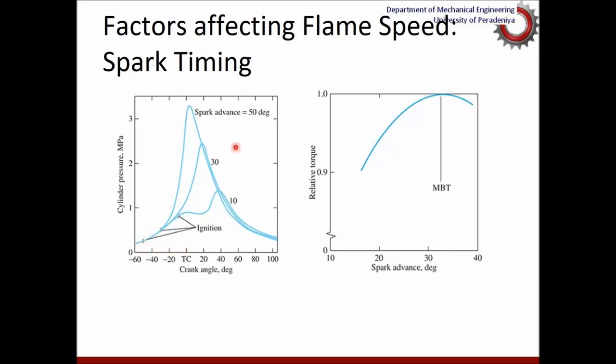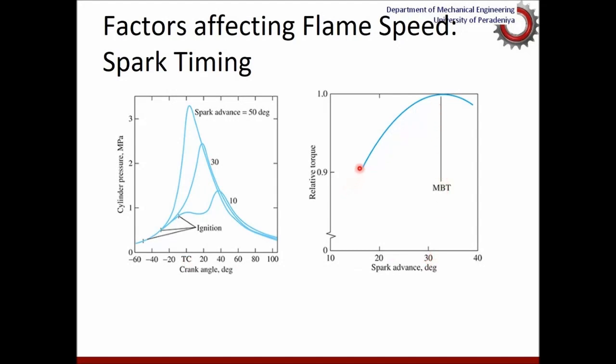So here the spark advance is 50 degrees, and here the spark advance is 30 degrees, and here the spark advance is 10 degrees. Advance from the top dead center. So how early we start burning the gases. So the spark advance,